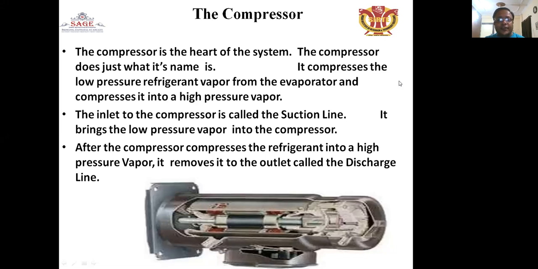और बोलना चाहिए कि वहां पे जो लो प्रेशर रेफ्रिजरेंट वेपर है उसको हाई प्रेशर रेफ्रिजरेंट वेपर में कन्वर्ट करने का काम करता है कंप्रेसर. ओके. The inlet to the compressor is called a suction line. It brings the low pressure vapor into the compressor. After the compressor compresses the refrigerant vapor into the high pressure vapor, it removes with the outlet called the discharge